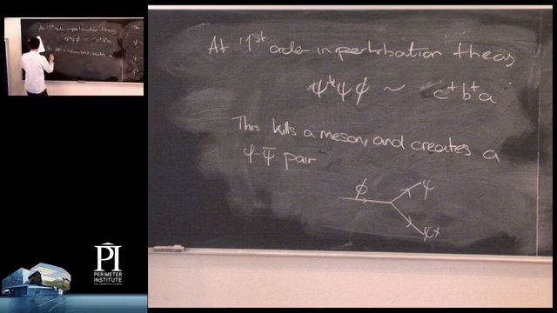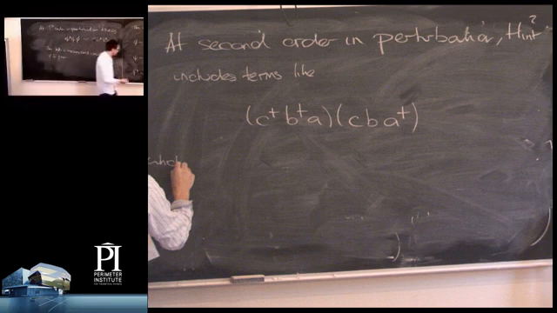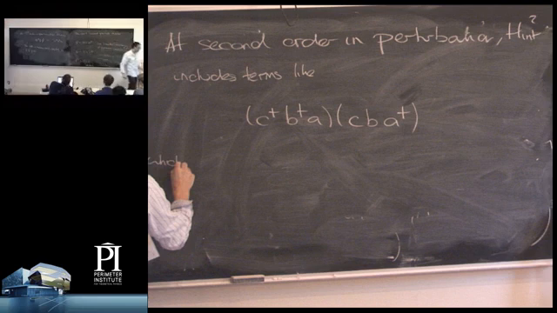And creates a psi bar pair. So that means a nucleon and an antinucleon. So if we were to draw pretty pictures, and soon these pretty pictures are going to have mathematical meaning to them, we might draw a pretty picture like the